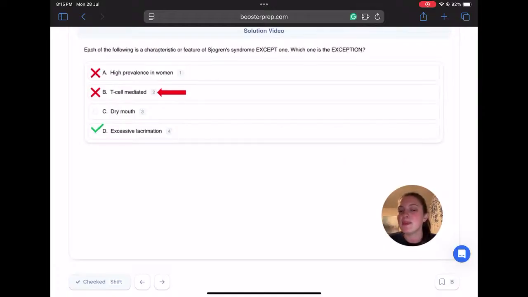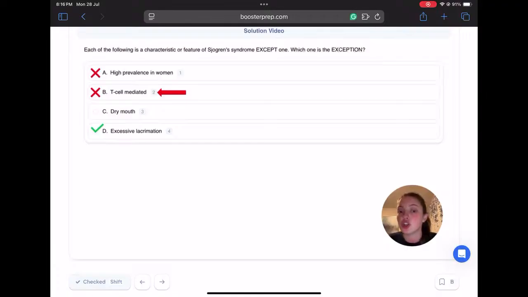Now, we didn't specifically mention this earlier, but this is also a true feature of Sjogren's. In this autoimmune condition, the body's immune system is attacking the lacrimal and salivary glands, and the cells that are mainly responsible for this inflammation and damage to these glands are the T cells. These cells often are overly activated and are recognizing autoantigens as foreign bodies, leading to an aggressive autoimmune attack. Now, because this condition is T-cell mediated, we know this answer choice is incorrect, but I do want to repeat